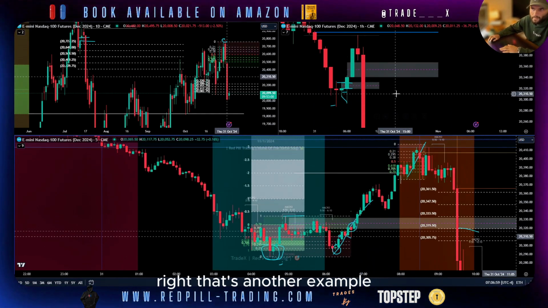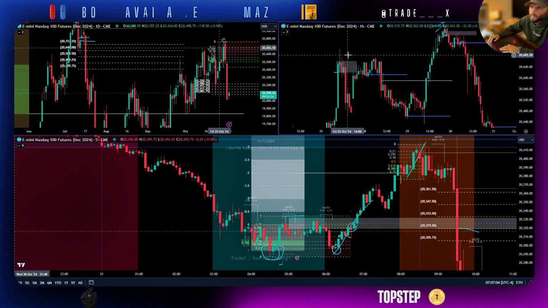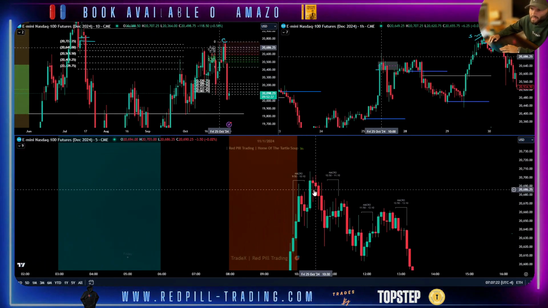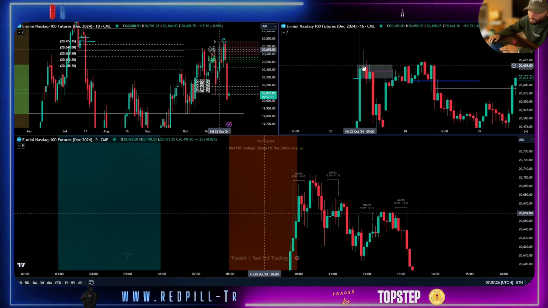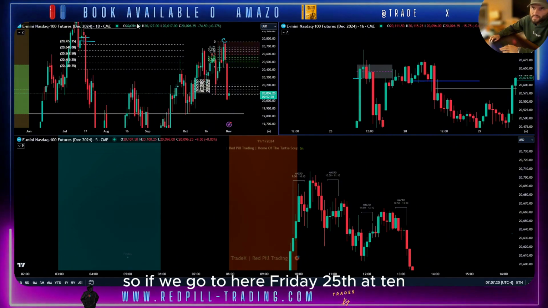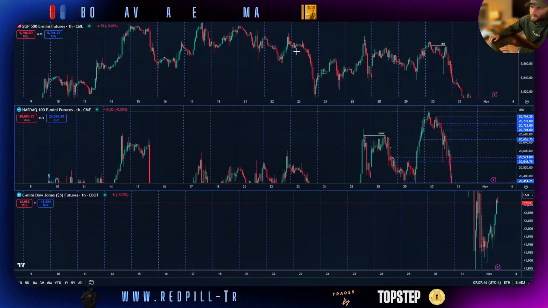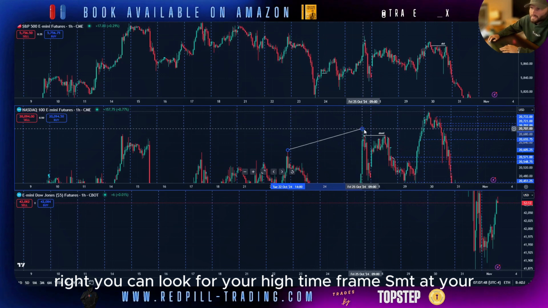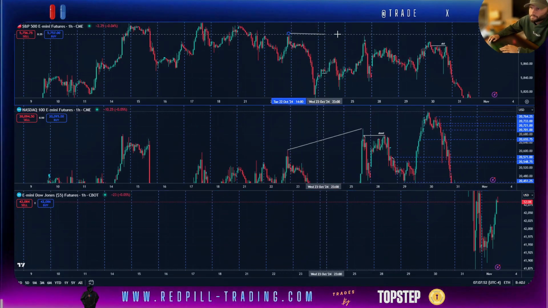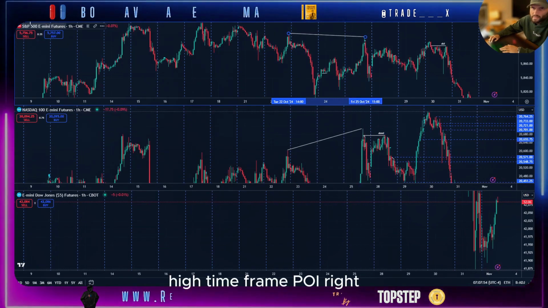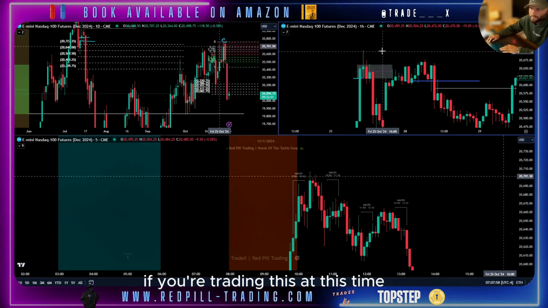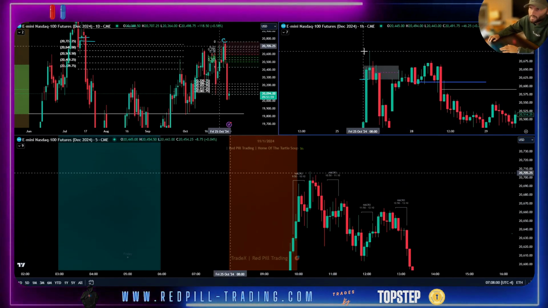Right? That's another example. Over on this high, up on this high, you can look for your Turtle Soup trigger. So if we go to here, Friday 25th at 10, you're going to look for your higher time frame SMT at your higher time frame POI. If you were trading this high at this time, you're going to wait for